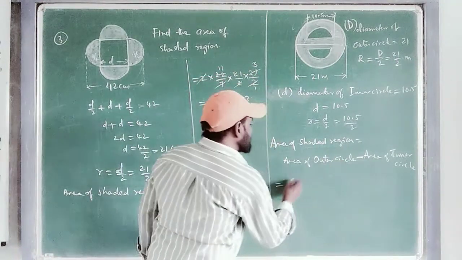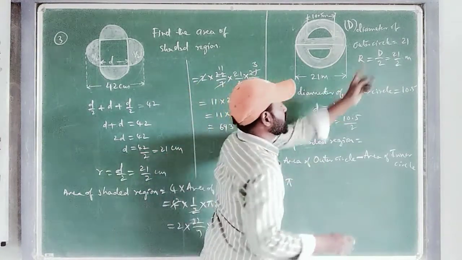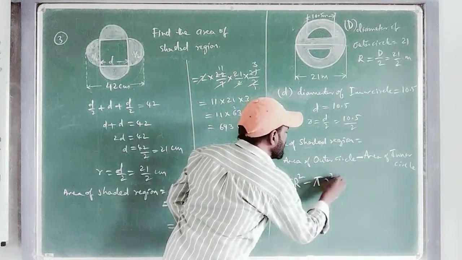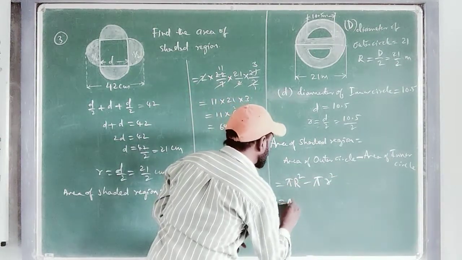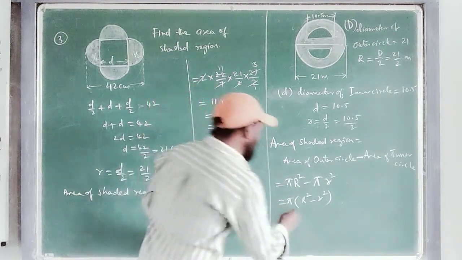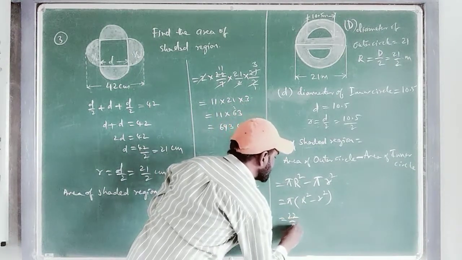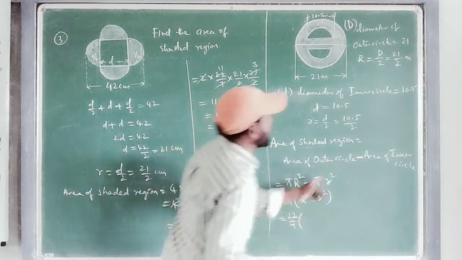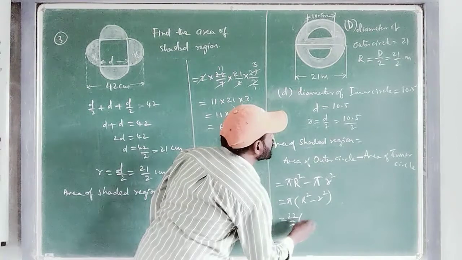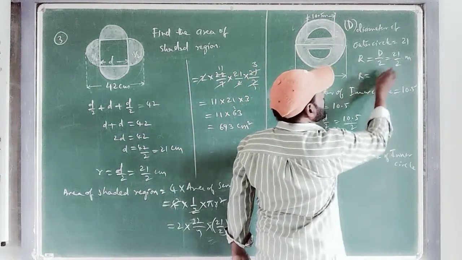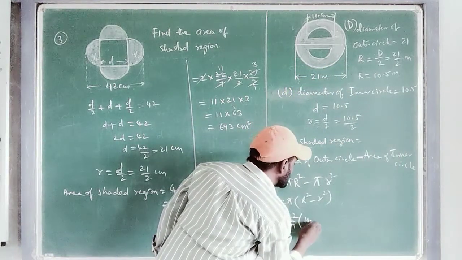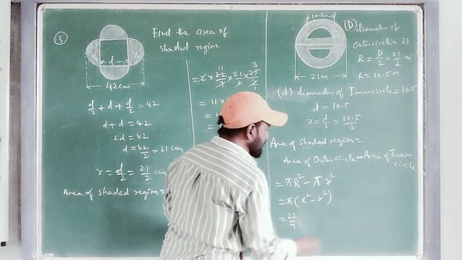So outer circle, pi capital R square I am using for that, minus inner circle pi small r square. Both have pi common, so taking pi as common, now capital R square minus small r square. Okay. Now pi as it is 22/7. I told you already before. Now capital R is how much? 21/2. 21/2 whole square. So 21/2 can be written as how much? 10.5 again, 10.5 will come.